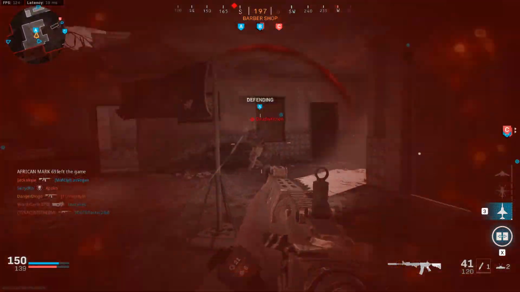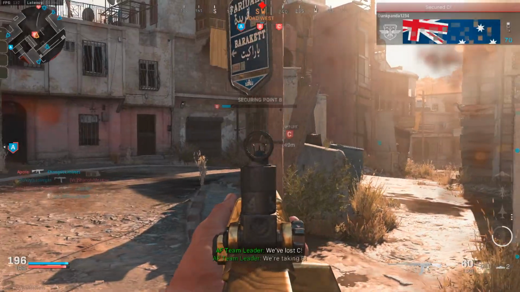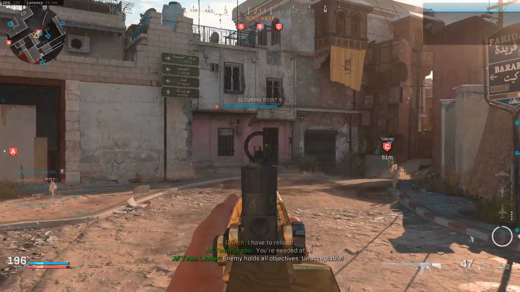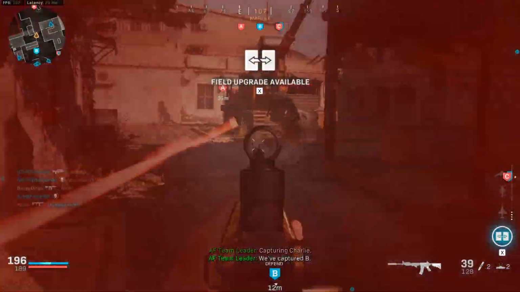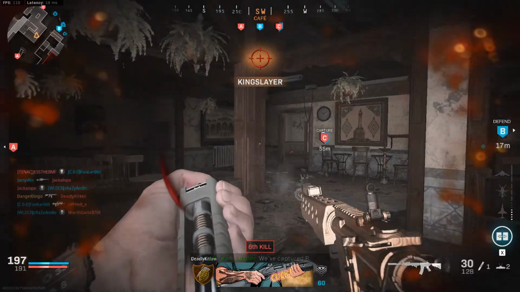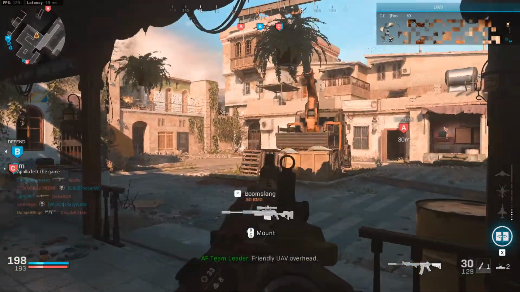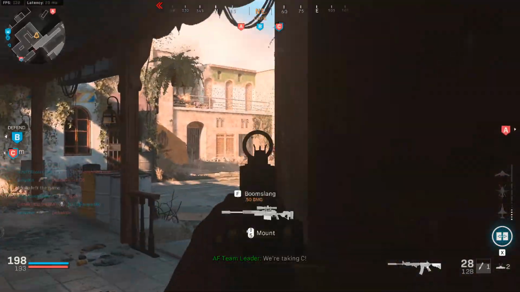What is that dude doing? How is he just in our spawn? It's me. I'm taking B. You clown. I got B. I need to push up here. Okay, that was a bit dodgy. The old recoil control is good, but I'm bad, so...